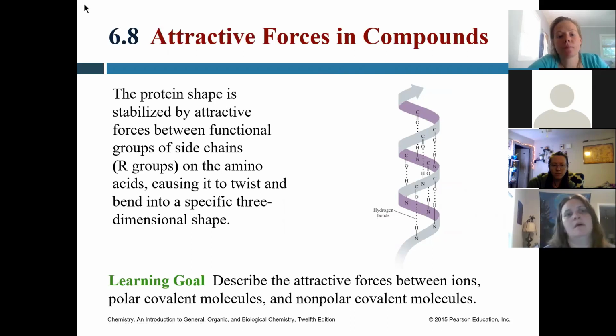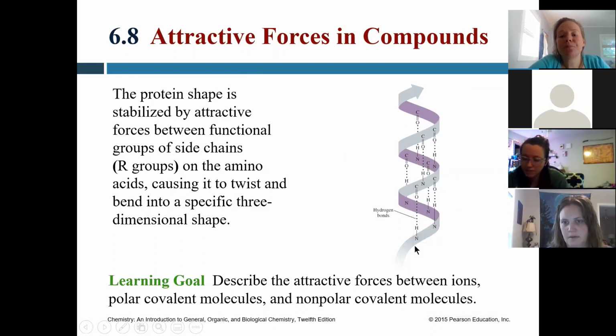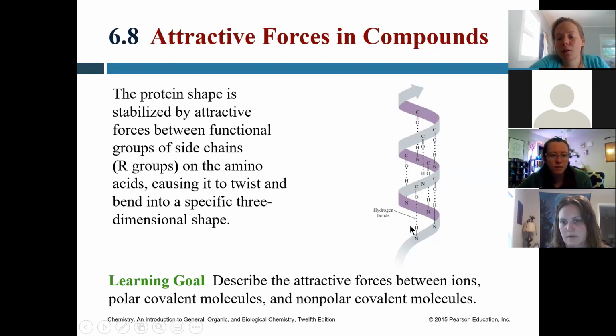So we're going to finish this section off. We skipped over 6.7. I'm going to finish off talking about attractive forces within a compound, because some of this stuff too will apply when we get into organic chemistry. So this is a protein string that is forming a helix. The reason that it forms this helix shape is because there is hydrogen bonding that's happening within the molecule,